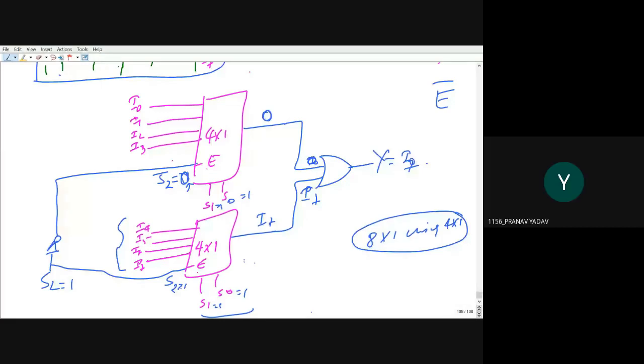Sir, why are we using the OR gate? Because ultimately we have to get the output, right? So this is up to us why we have used the OR gate. If we use this logic, we are getting the output. If you have some other logic, you can use other gates as well. By using the OR gate only, we are getting output Y. If you develop some other logic using other gates, keep in mind that it should have the minimum number of gates, to reduce the cost.